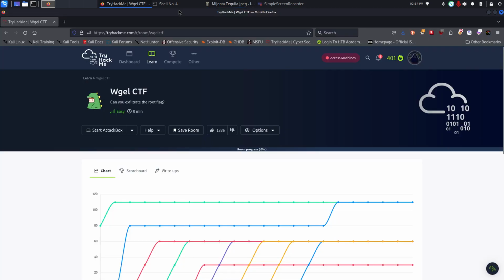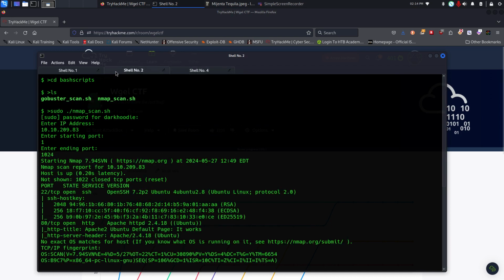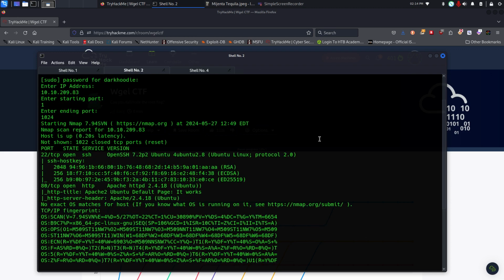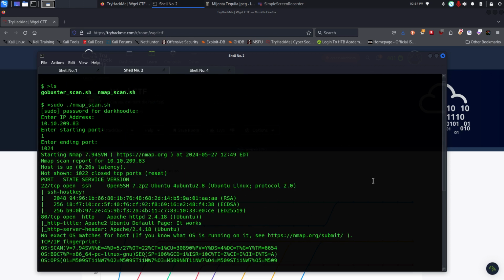So, as you can see, we have begun with the Nmap scan. I've scanned for common ports. Let's see what we've got. I see here that port 22 is running Secure Shell over Ubuntu, and port 80 is running an Apache web server. Alright, so let's go ahead and take a look at what this looks like in our browser,